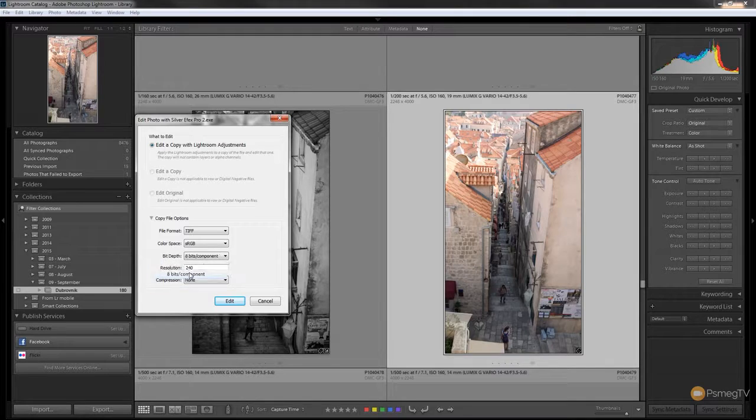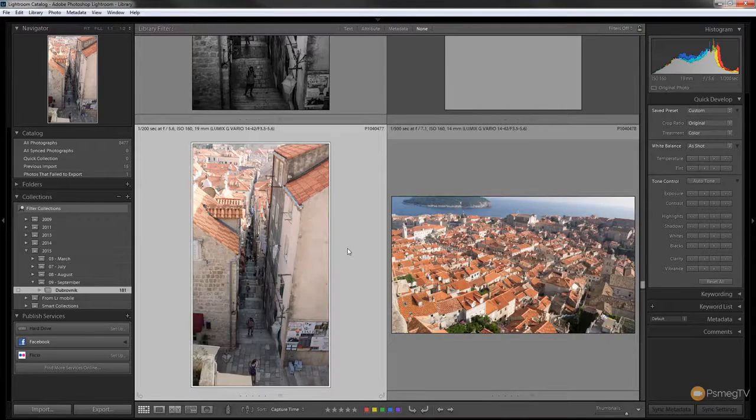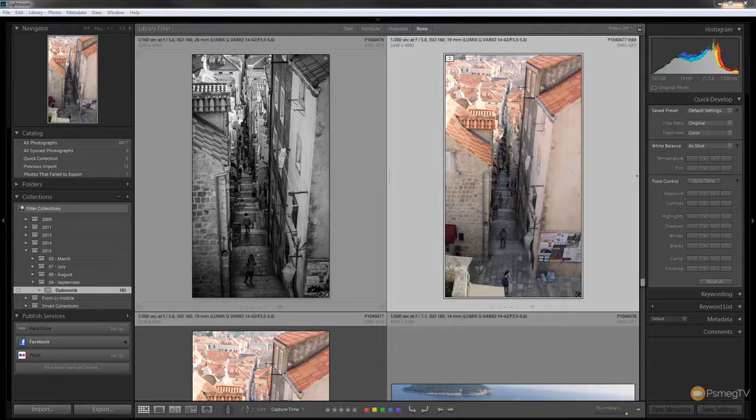So I'm going to leave this as sRGB just for speed for now. I'm going to switch it over to 8-bit because I'm not too bothered, but again, it all comes down to what the end result is, how you want to output your files. And we'll leave the compression set to nothing, and then we'll just hit Edit. And what that'll do is load in the relevant interface,